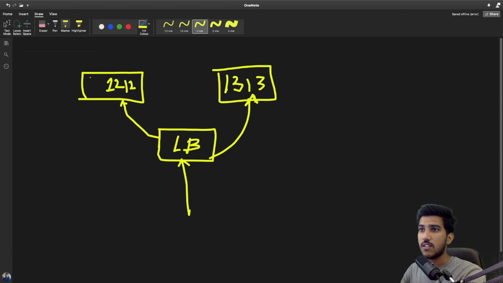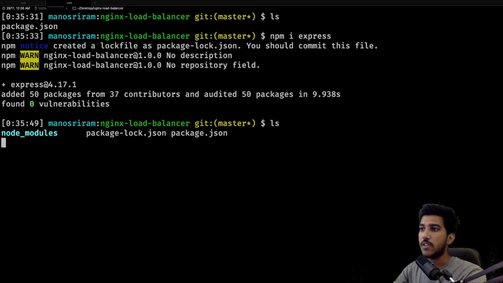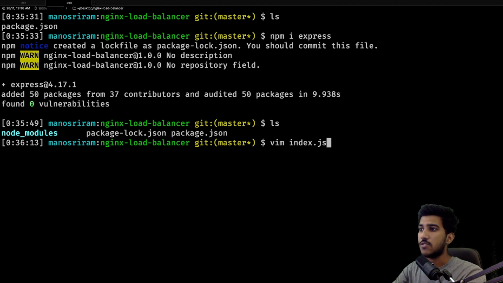Also, when I said that there are going to be two applications running on two different ports, I didn't mean that I'm going to create two applications, but I'm going to create one application and run that simultaneously on two different ports. So that's what I meant. Here it is installed. We can see that there is a node_modules folder, which means that Express is installed. So we can create an index.js file,